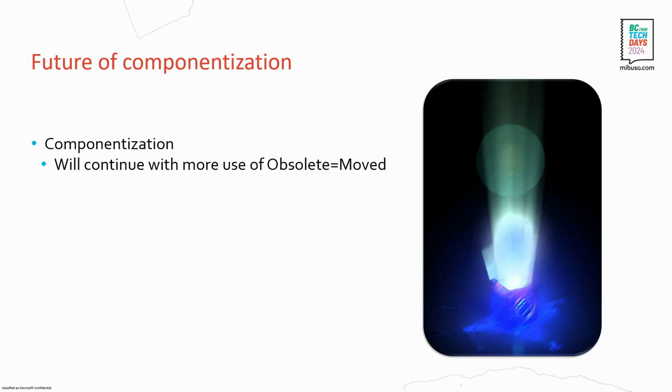All right, so how can we use this for componentization here? Well, we will continue to use these move operations in Microsoft for actually splitting up our own apps into more and more, smaller components so we can iterate on them individually. So you will see more and more of these obsolete moving properties around our apps,